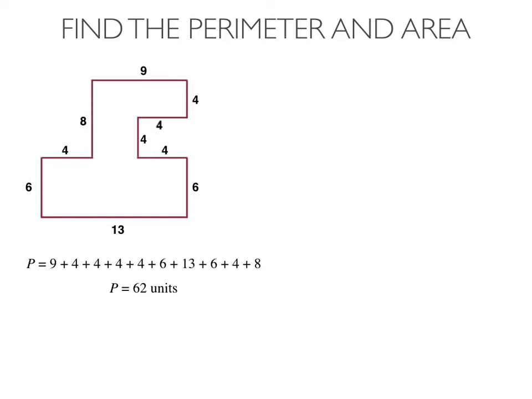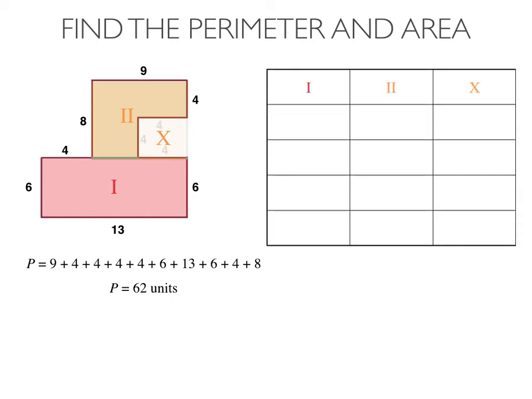All right, now the area. Let's break up the shape this way. We'll color this whole thing in, and that's easy. That's the area of a rectangle, not a problem. The other shape, I could divide it into 2 separate rectangles and add, but I want to show you a different technique. Close it off as if this thing were a whole rectangle, but then subtract off this piece, which is a square. So let's find the area of these three pieces. We'll do the area of one plus the area of the second rectangle, and then subtract off the area of the square that's labeled with that X.